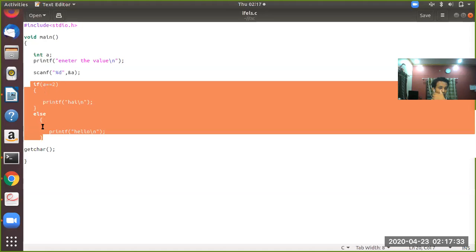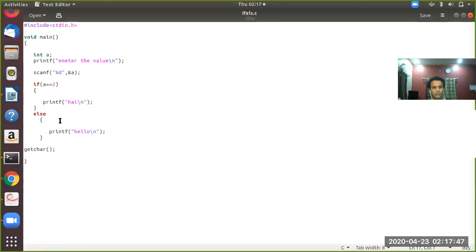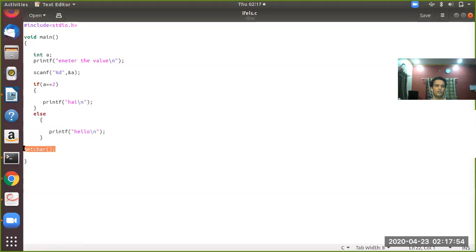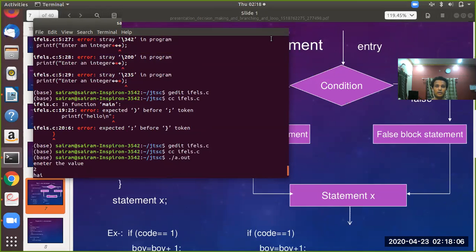So whether the true block of the if executes, or the false block of the if else statement executes, finally this has to be executed because it is present after the if else statement. Now I will close this, save and close. So this is all about the if else statement.